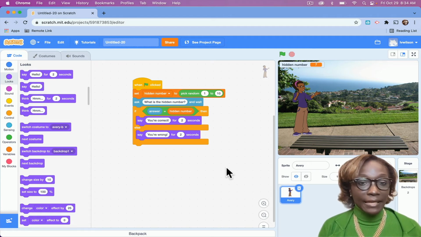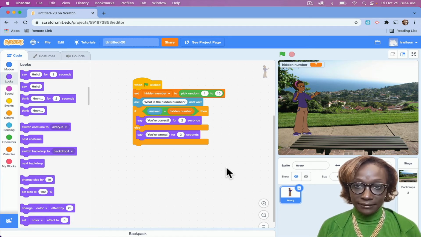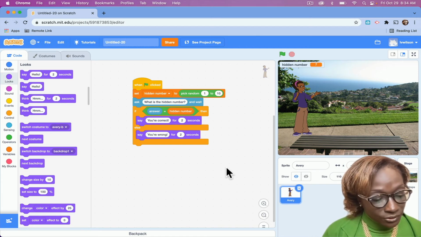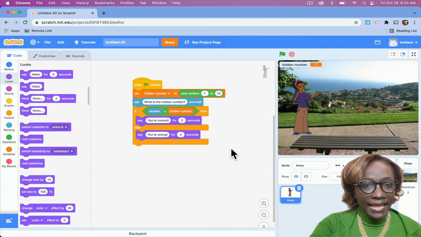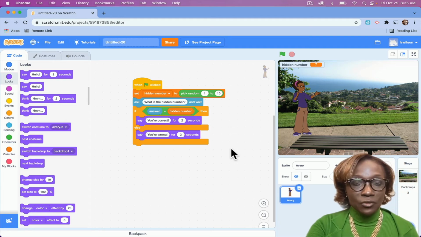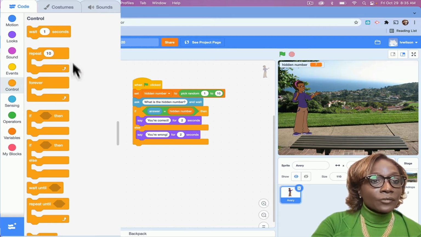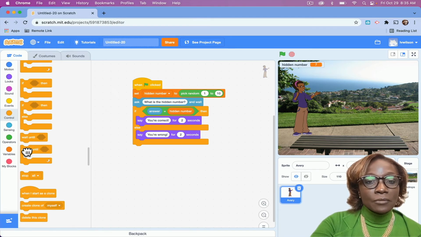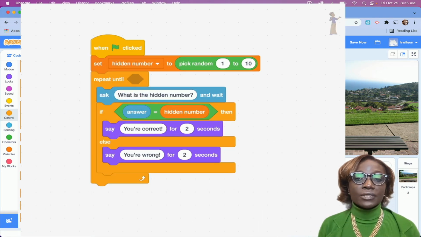Now let's expand this game. To expand the game, we're going to use greater than, less than coding blocks. The first thing I'm going to do is add 2 more control blocks. The first control block I'm going to add is the repeat until, and I'm going to add this right up under set, because now what I want to do is